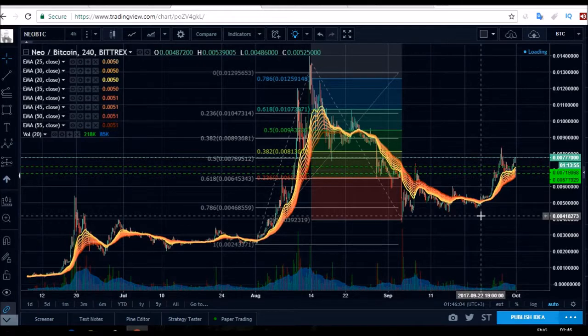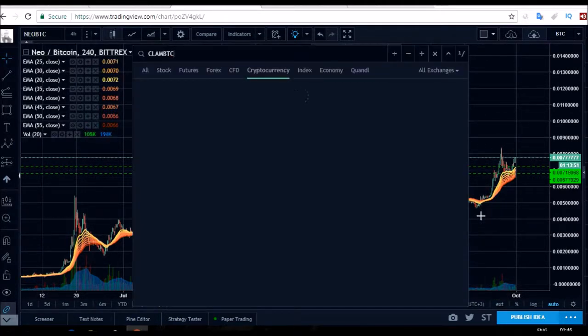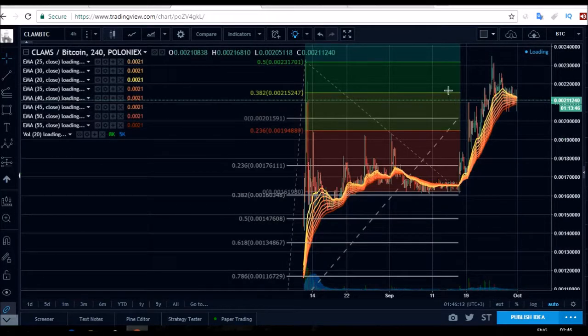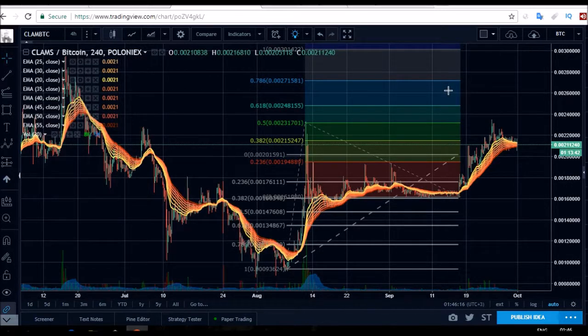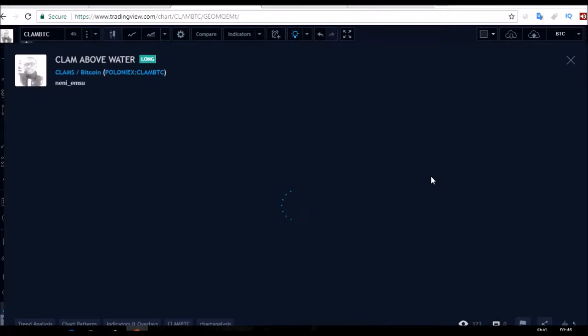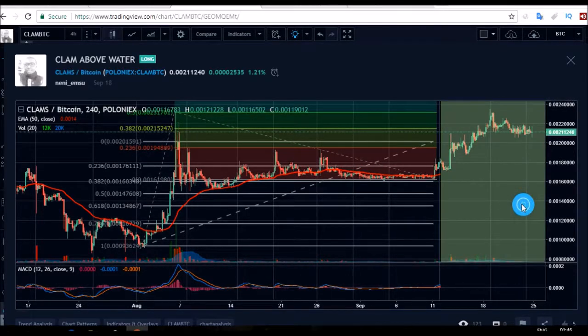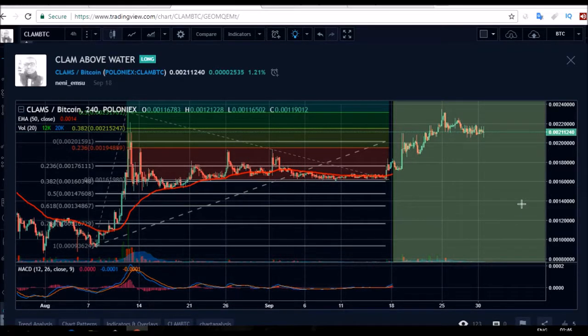Then we have the Clam BTC. Now the Clam BTC, I'll be using the Poloniex chart, and here we have a strong upwards move. Some weeks ago I posted this on tradingview.com. You're free to see it, it's public, and it was talking about it getting over water. And here we have the strong upwards move towards the 50.0 before we had this general consolidation period. So this is a very good example of